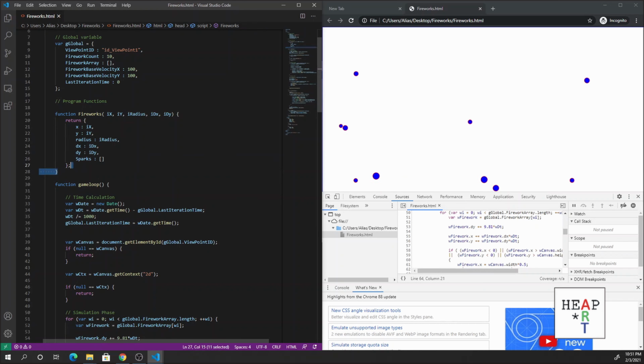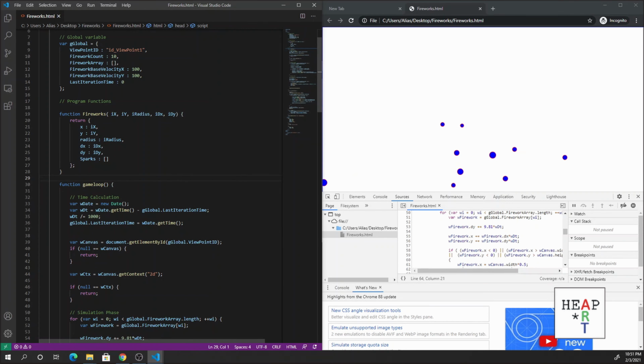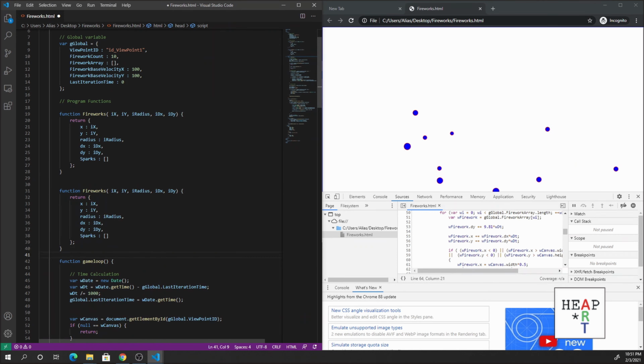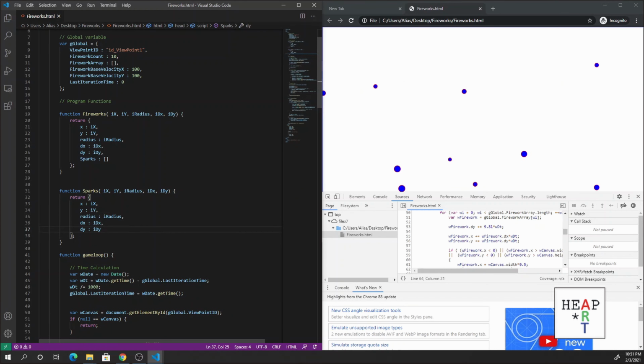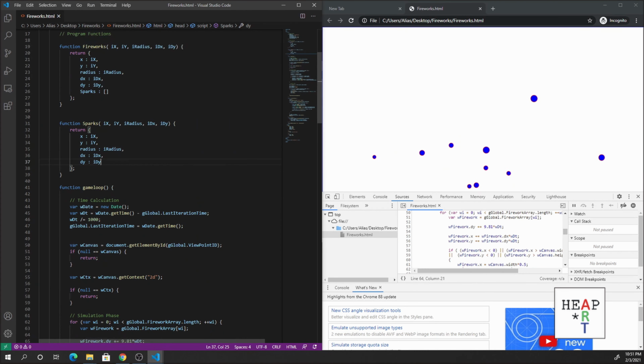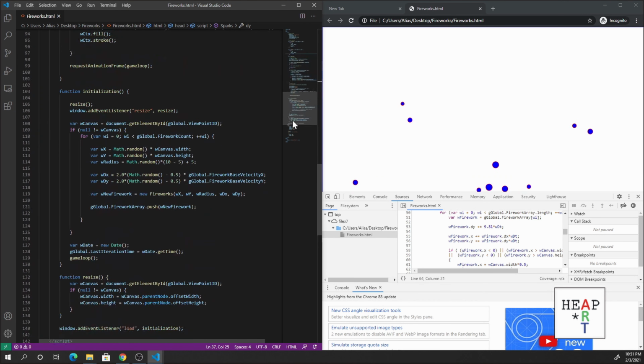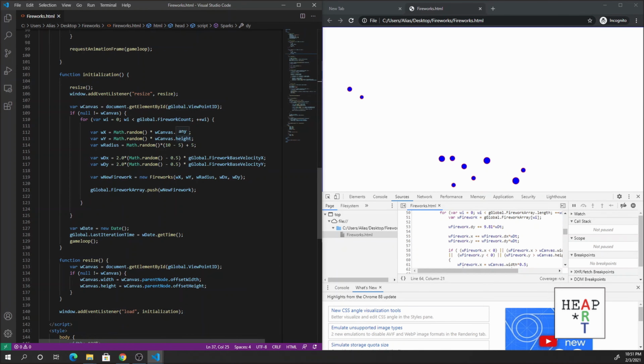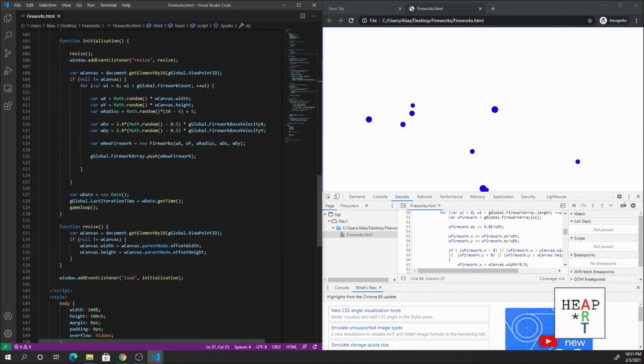And same as our fireworks, we create a constructor for sparks as well. But in the sparks constructor, we don't need to have another subspark unless you want to. And when we initialize our function, we're going to create a set of sparks that's going to be available for each firework. So in the initializer,